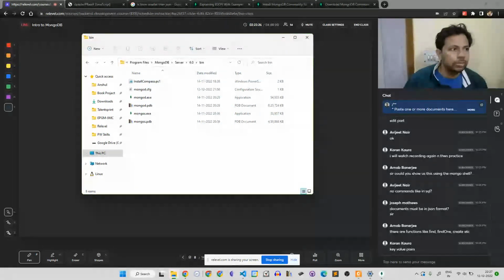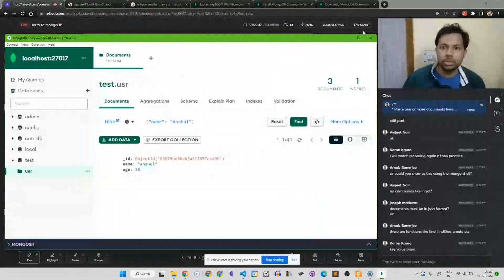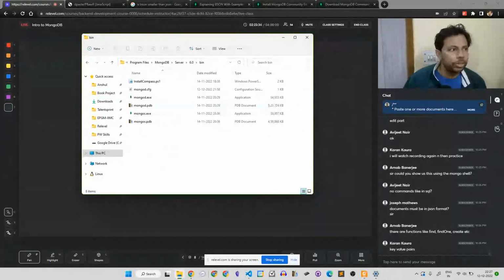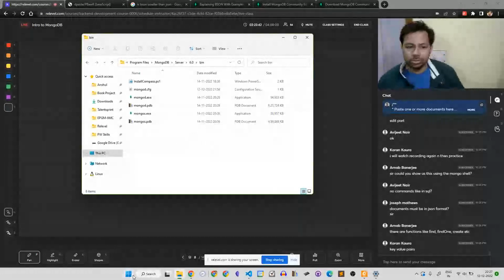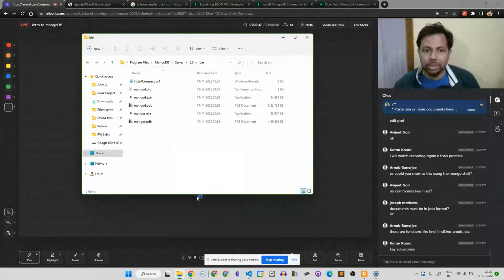What you need to do is, first of all, close this. This is not needed anymore. Now you need to open a command line here. So open terminal.